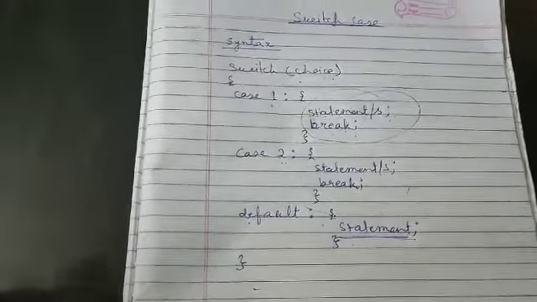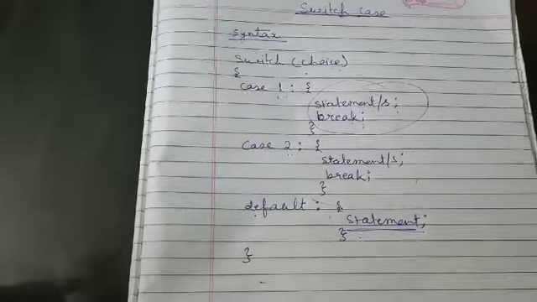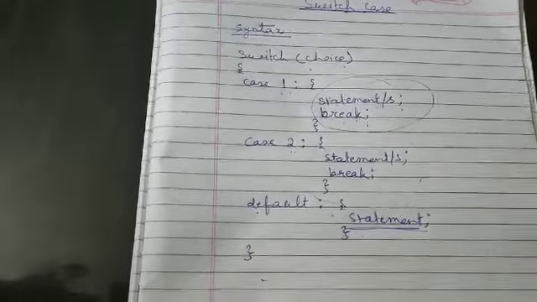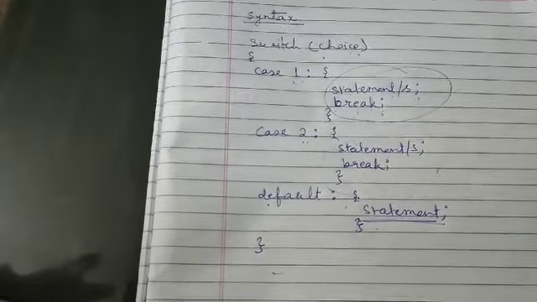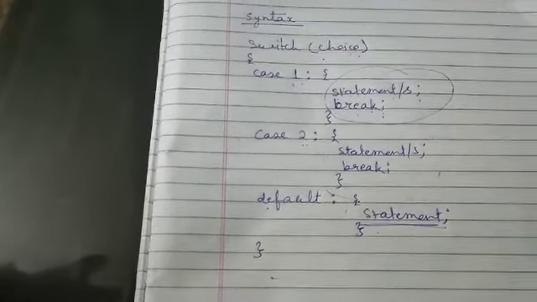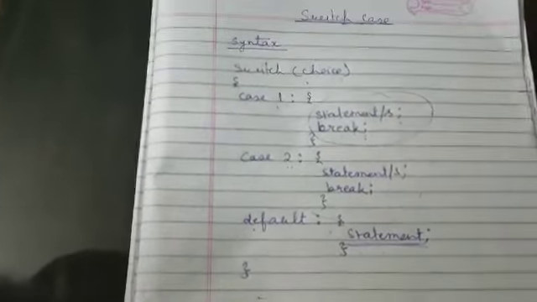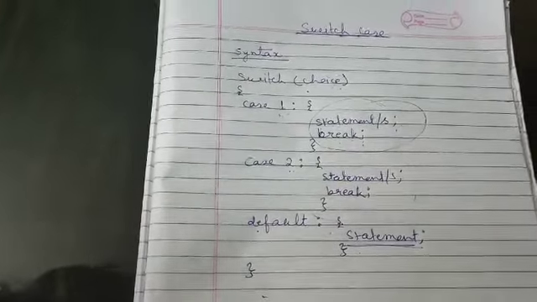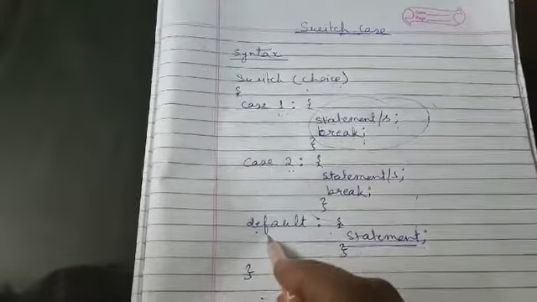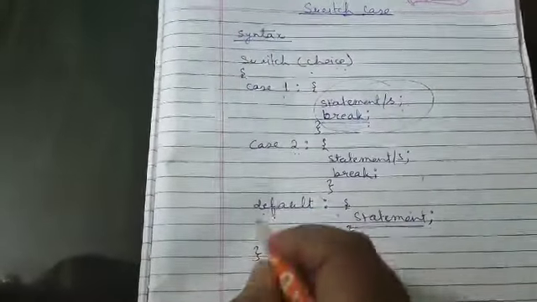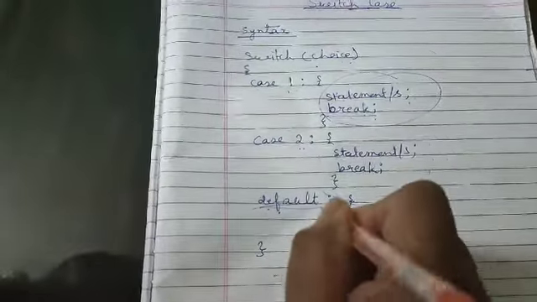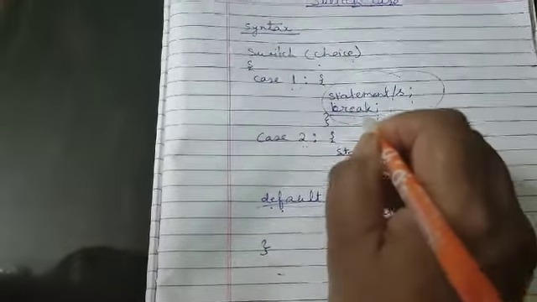So if anybody does not enter properly from the things given in the menu, and any other thing is entered, then it is going to print invalid choice or wrong choice with the default statement. Okay, now I will explain two things: one is the break statement and one is the default statement. Default statement I already told you. Now I am going to the break statement.